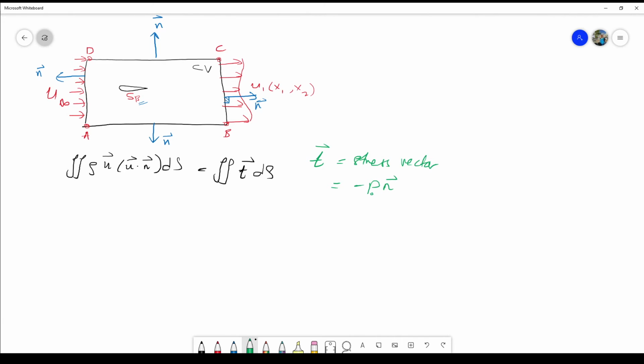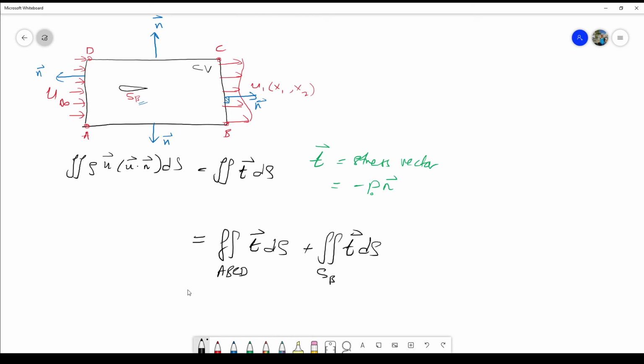If we expand the right hand side stress tensor equation, then we can write the integrations of surface tensors dS over the contour surfaces A, B, C, D, and then we also have the integrations of the stress vectors on the surface SB,